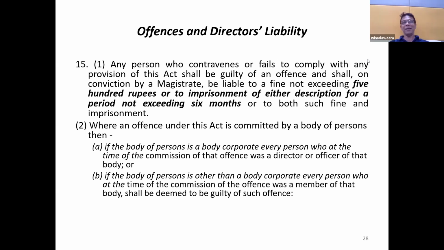When an offense under this act is committed by a body of persons,